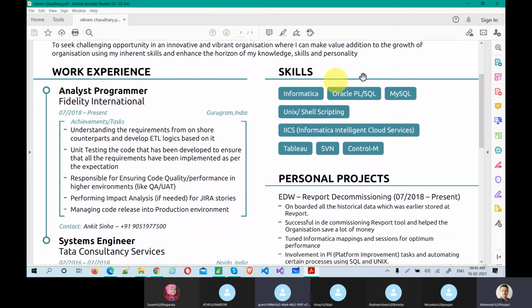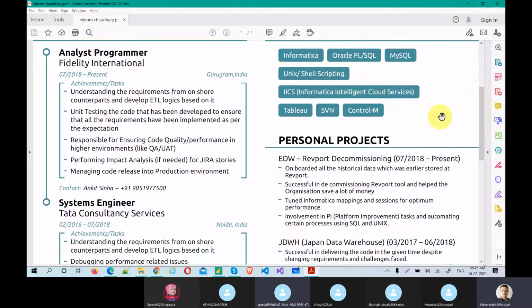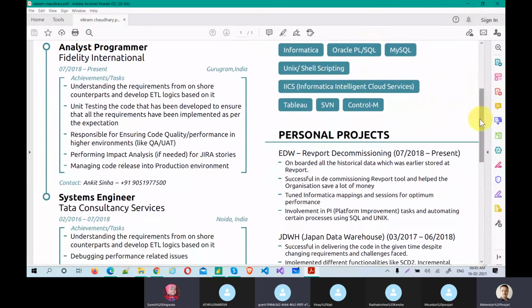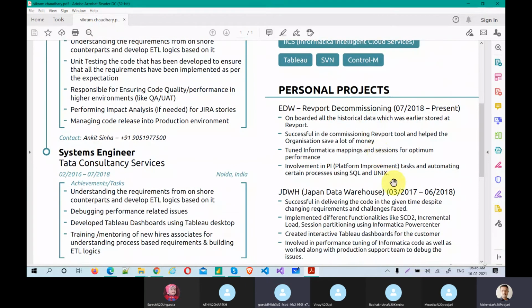Instead of maintaining a box, use this wording. Okay, this is a kind of wording. This looks good to me, which is something different. And change this. I don't want these two different formats here and there. Just change that. What I don't really understand is what this personal projects and analyst, programmer and system engineer is. Fidelity International is a company, I understand, and TCS is perfectly fine. But what exactly are this and this?